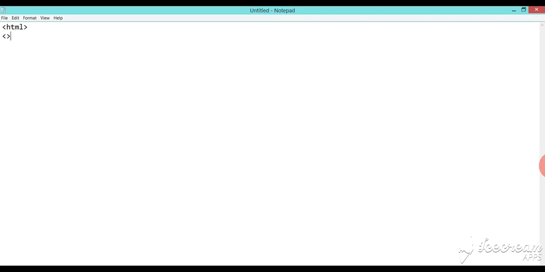Same thing, opening HTML tag, closing HTML tag, then opening head tag, then closing head tag, then title, closing title tag, and making the heading. See in this way. Source of energy, this is the title.